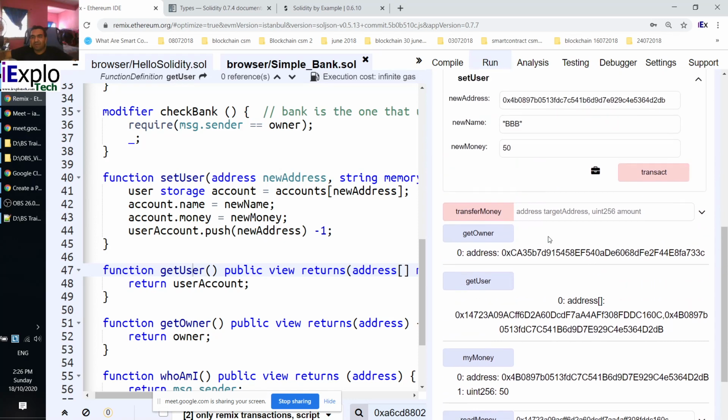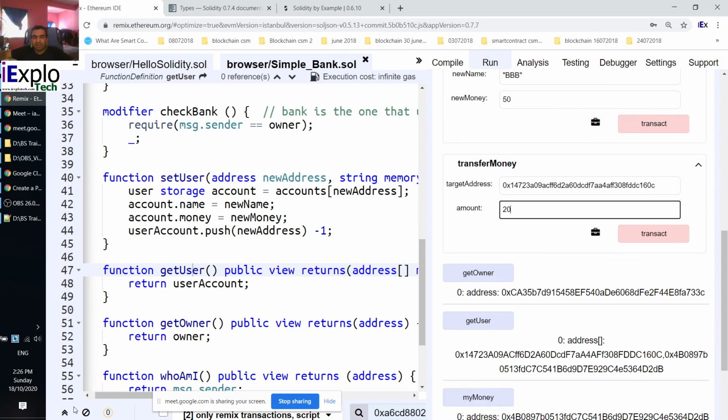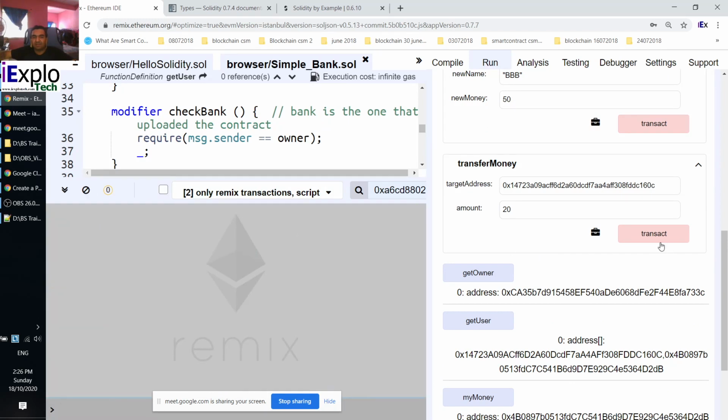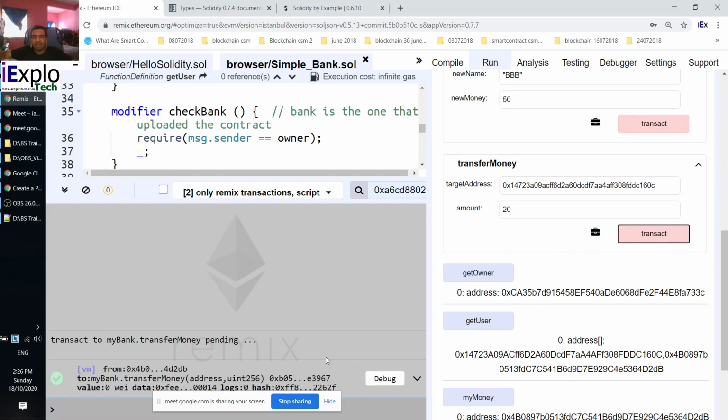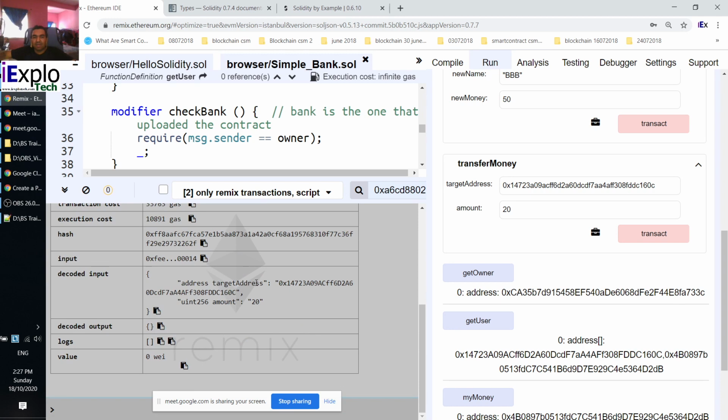So we just go to the function transfer money. Transfer money allows you to put the target address and the amount that you want to transfer. In this case, we want to transfer 20 ringgit. So when you do this transaction, you do transact, okay, success. You can see the decoded input, something, 20. So they send something, and then